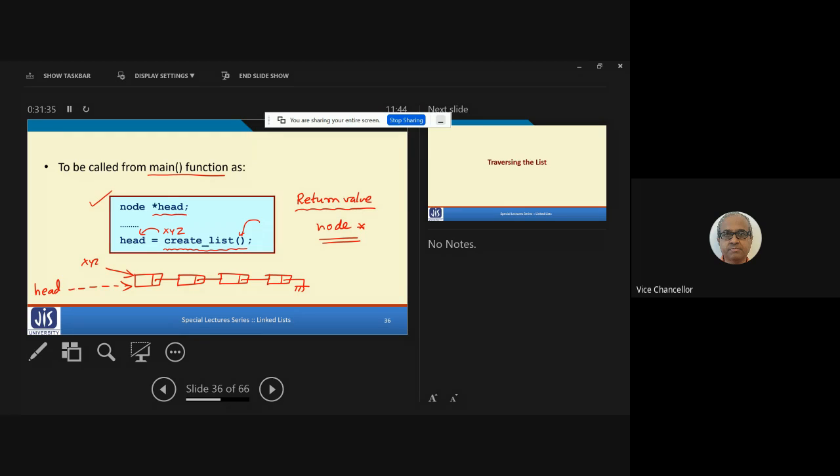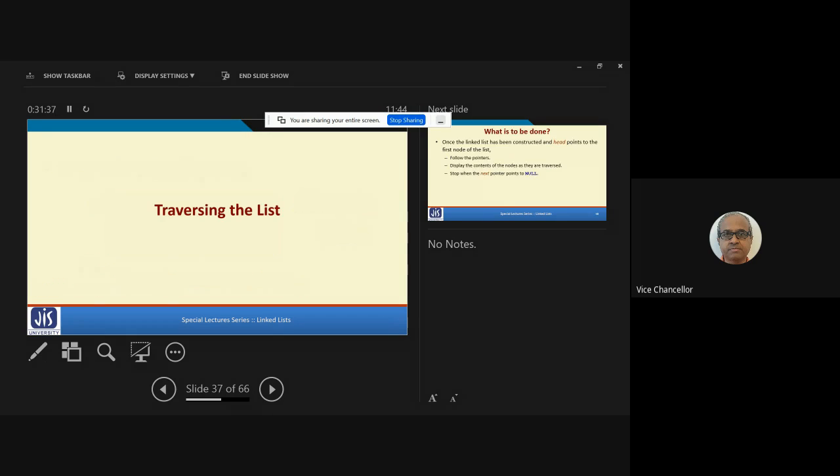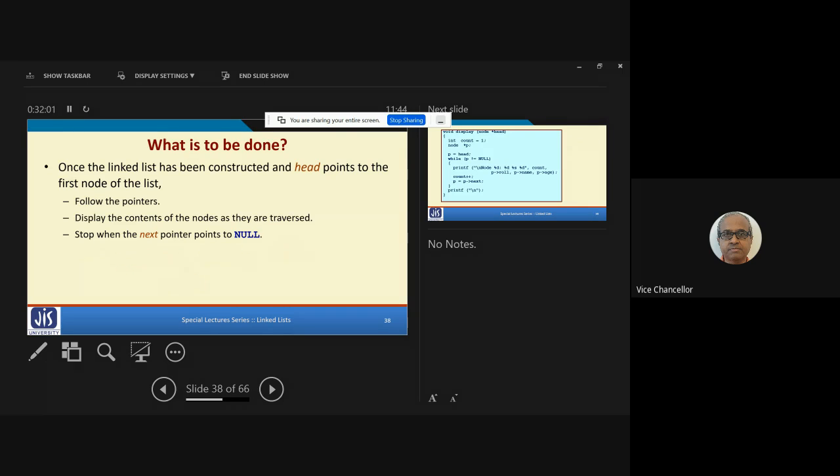Now once the linked list is ready, the first thing you may want to do is, starting from the beginning, traverse the list. That means you go to the elements one by one and print the values. Print the value of the first student, second student, third student, and so on. That is called traversal. This is a relatively easy function, which we have already seen in the last class. Same function will do.